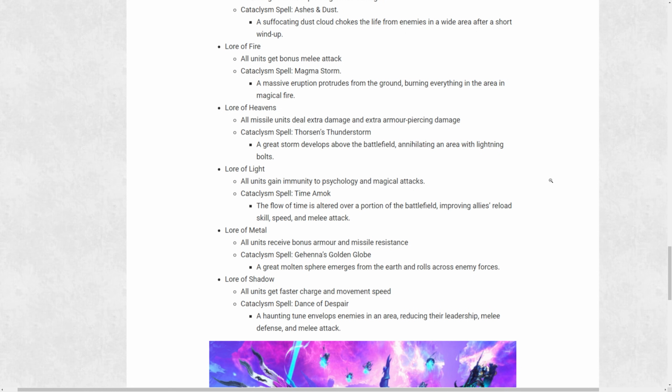So you have Net of Amontok, and this is kind of Time Amok, and it's basically buffing up their speed versus completely hindering someone's speed. I like that a lot. So Lore of Metal, all units receive bonus armor and missile resistance. Gehenna's Golden Globe, a great molten sphere emerges from the earth and rolls across enemy forces. So probably some sort of wind spell, kind of like Burning Head, but with a golden globe of molten metal that will do probably high AP damage,